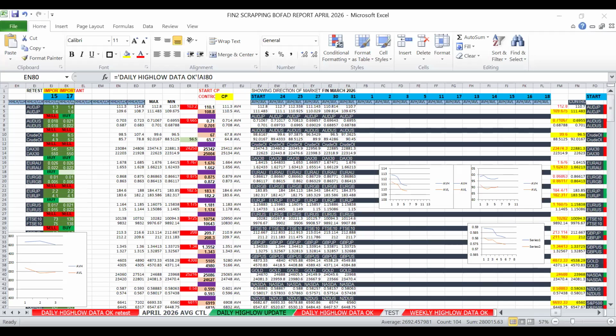So the theory we're going to talk about today is the Avgctl control position. Okay. So you can see here,